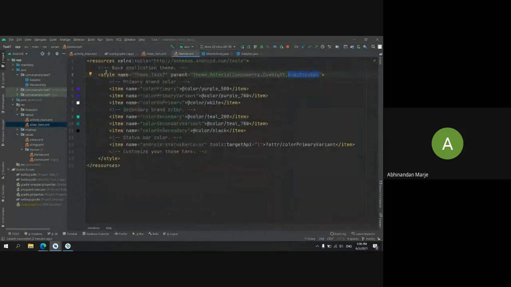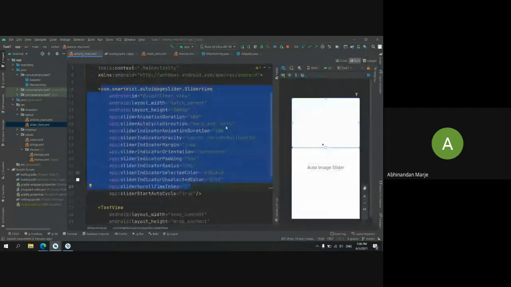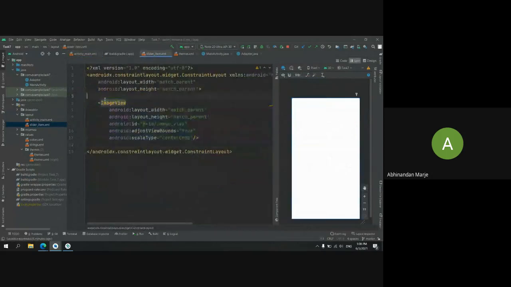The next thing is we want all our image views to be done here in our auto image slider. First thing, I am using a single layout for the image. I am not using 6 or 7 image views to scroll like that.